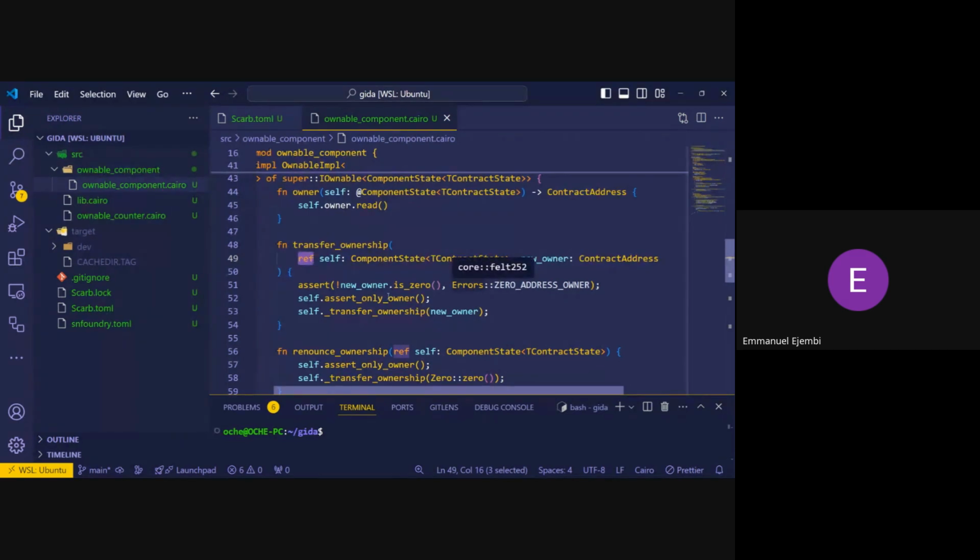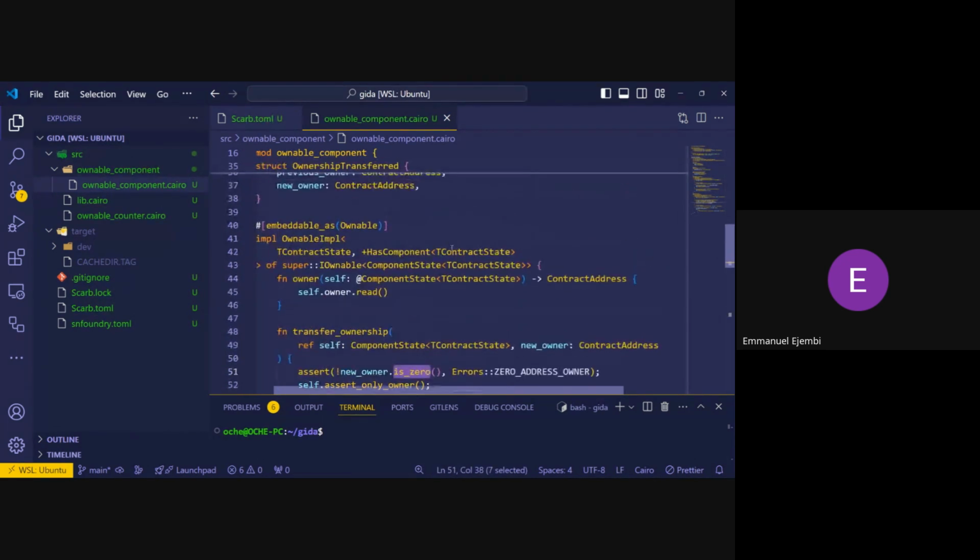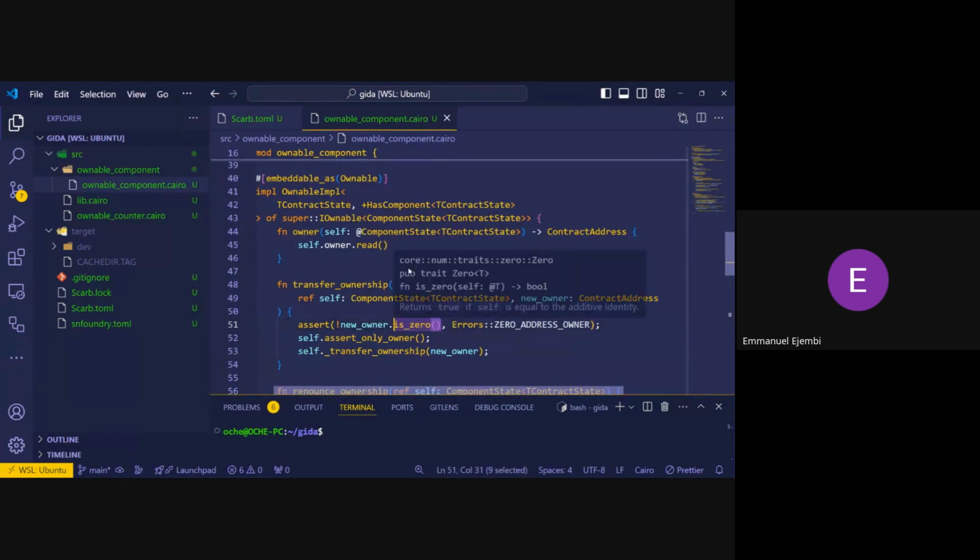First of all, we want to check that the person we are transferring ownership to is not address 0, because we don't want address 0 calling our functions. And this is how we do it. We use the assert function, and we are negating this value here by using the exclamation mark before new_owner dot is_zero. This is_zero function is coming from